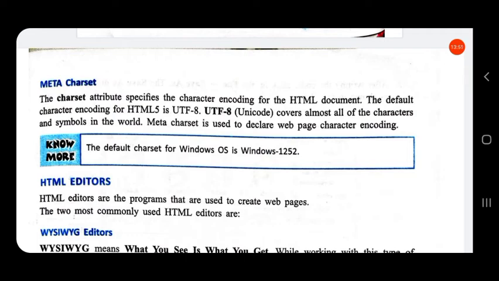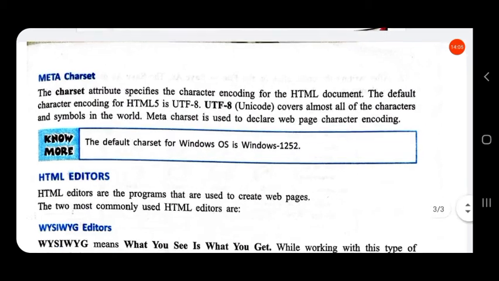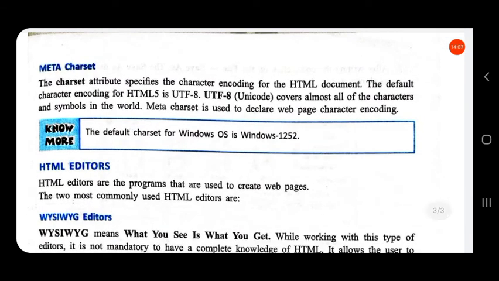The default character encoding for HTML5 is UTF-8. UTF-8 covers almost all of the characters and symbols in the world. So meta charset is used to declare the web page character encoding, that is, based on what character encoding these characters are encoded.